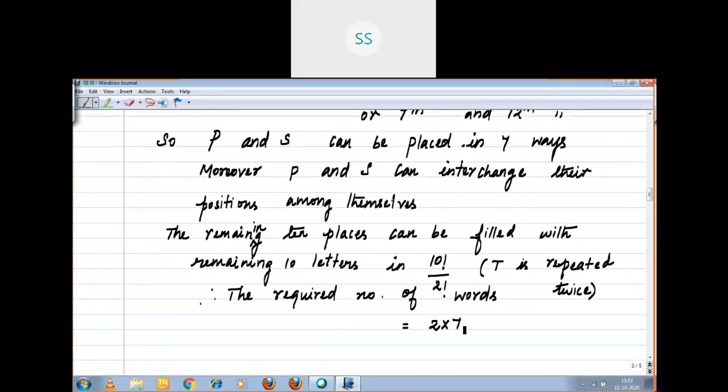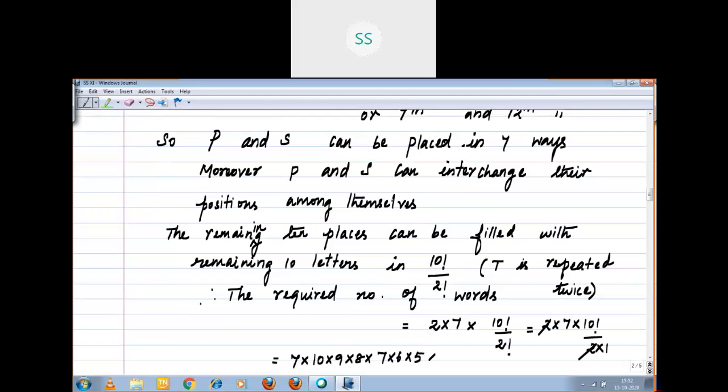Here for this I gave an example. P in the first position, S in the last 6th position, or S in the first position, P in the 6th position. So that 2 times 7, 7 ways are there. So 2 times 7 into 10 factorial divided by 2 factorial,